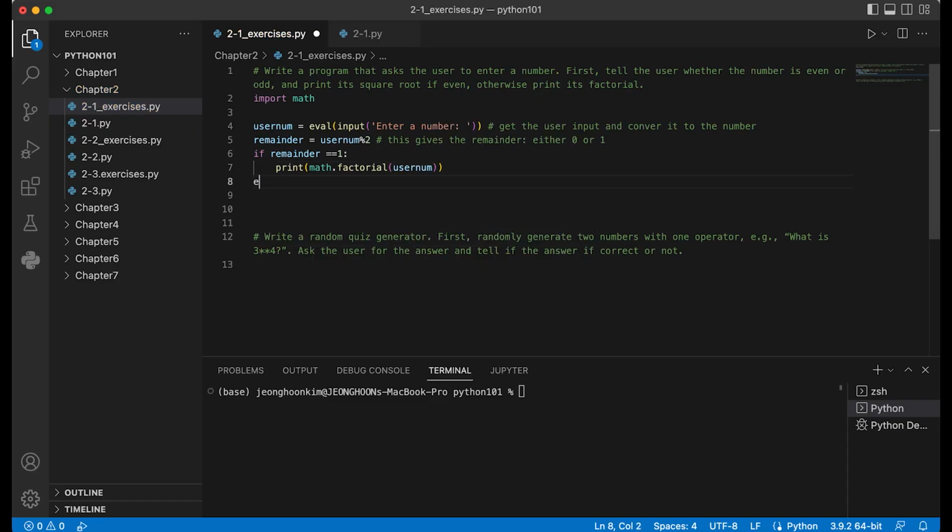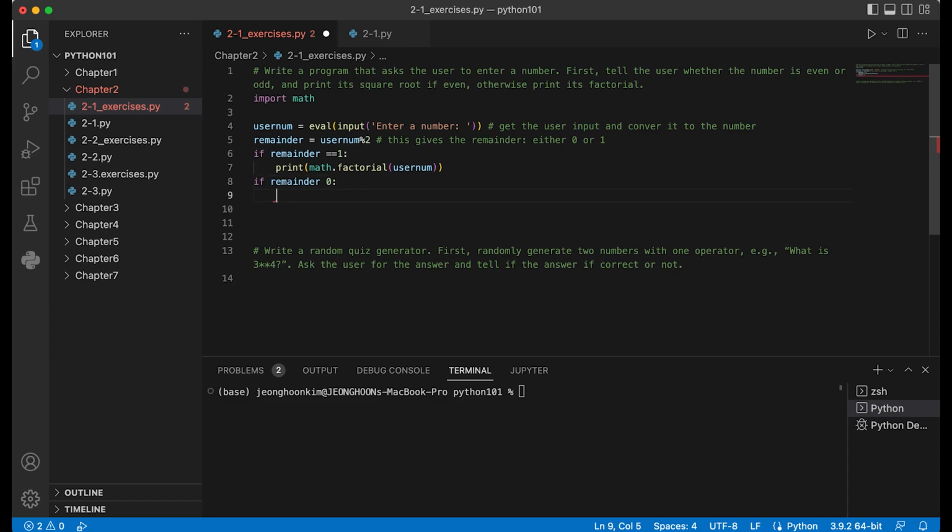We have else here, but let's just use if remainder is the same, right? This is the same operator. This will tell us whether left and right are the same or not. If it's the same, it returns true, not false, right? Which we will learn in chapter 2.2. Sorry, I think the questions cover a lot of material. You can revisit this question again once you learn the booleans and the other statements as well.